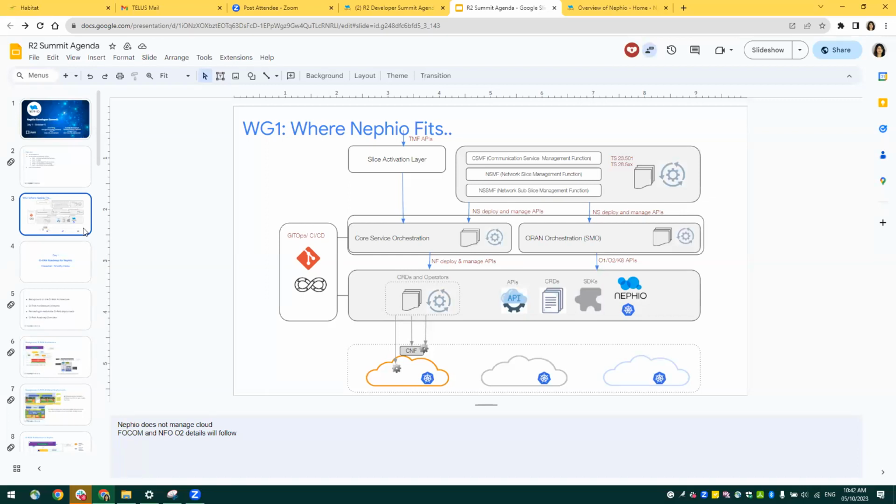So I understand your point. I think a suggestion was made before to completely remove O1, O2. I believe it was added back. So I personally don't have an opinion. This is part of when Tim is going to present this deck, he will bring these things up as we discussed yesterday or two days ago. So right now, from a Nephew and ORAN standpoint, these are completely up in the air, and we don't want to make any assumption today. That slide is full of assumptions already. So I think it could be kept here, but I understand where you're coming from, and I definitely agree with you. Yeah, that's the confusion.